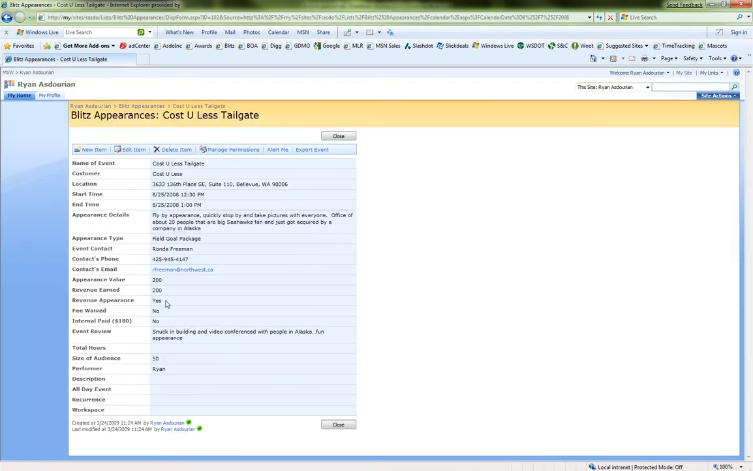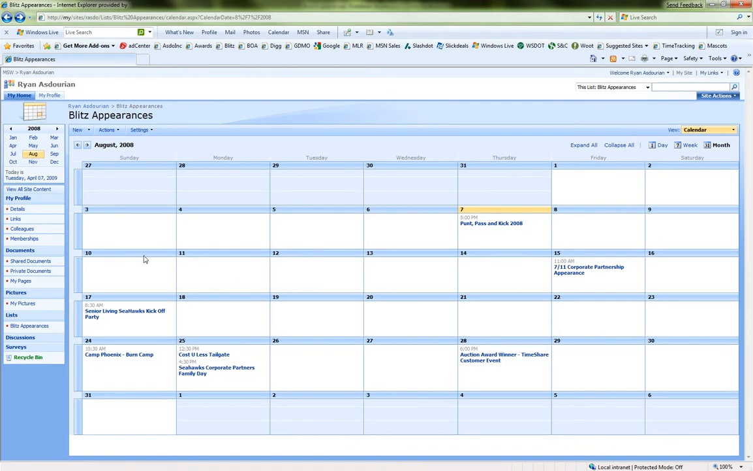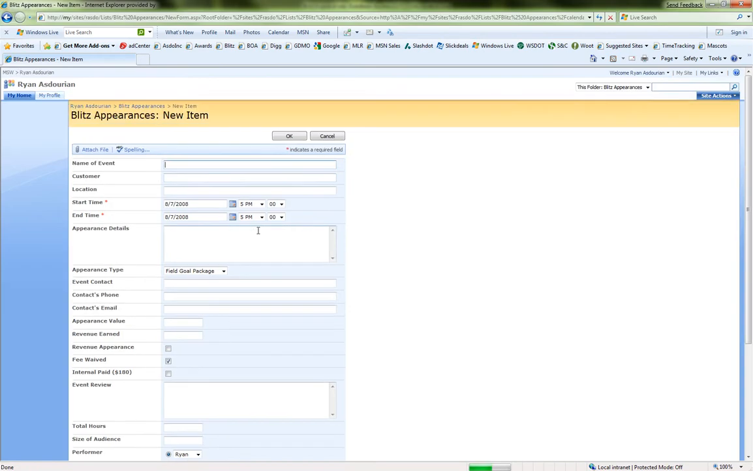Here in another example of one, you see that we have all the same information. This is a paid appearance, and so we show how much the appearance is worth and how much revenue is actually brought in. Again, we'll be able to edit these to make them your own. As we cycle through the different months, we see that we can also create a brand